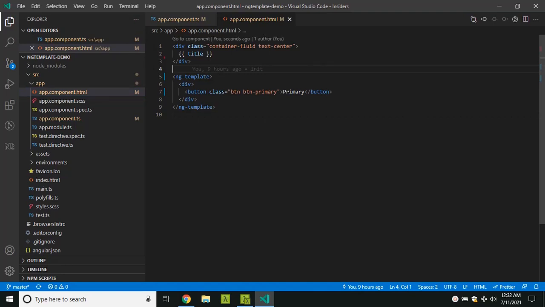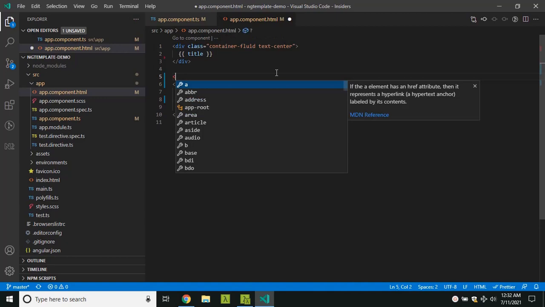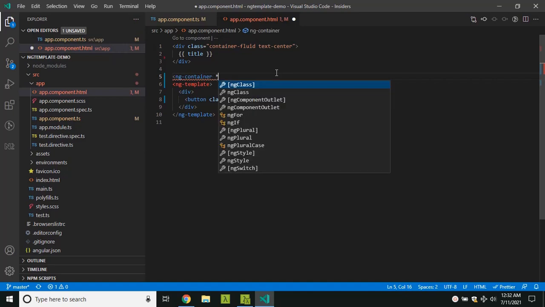One method of accessing the ng-template is by making use of a structural directive like ngIf or ngSwitch. So now let me add an ngIf.